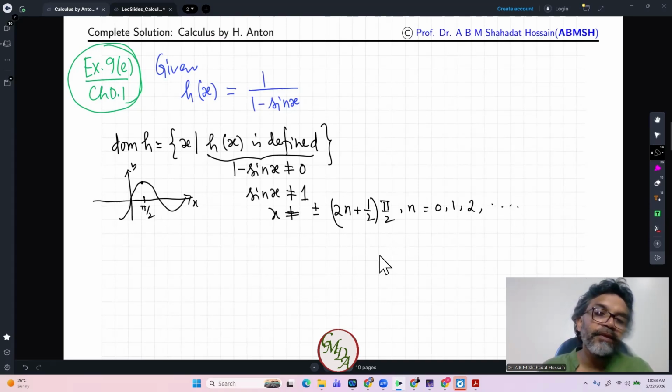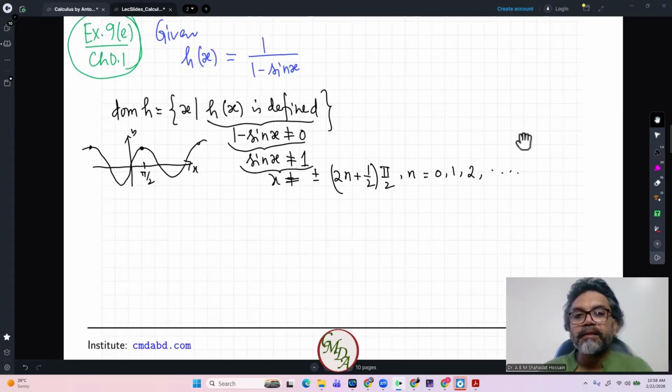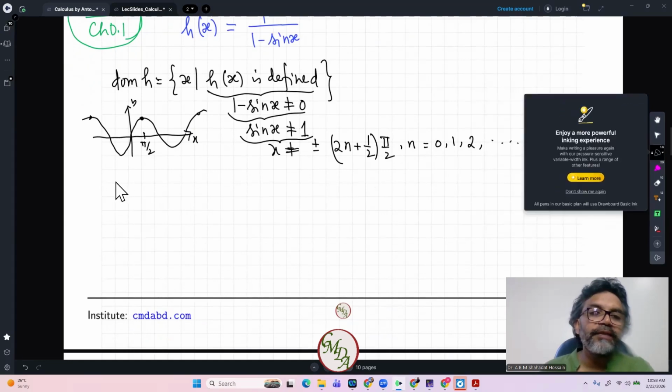So x cannot be these values. So this is the set of all x such that x cannot be equal to any of these numbers. So like here, and even if you go twice pi, here as well, so these values are not defined. Okay, so we have the domain: the set of all x such that x cannot be equal to these values. Now to find the range,